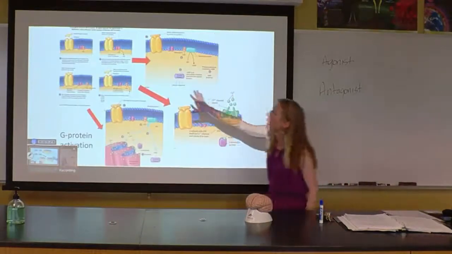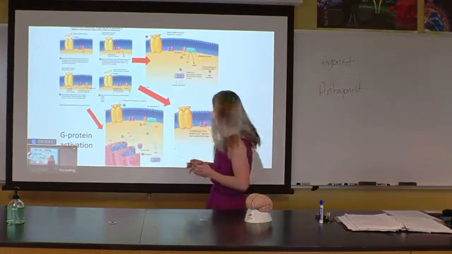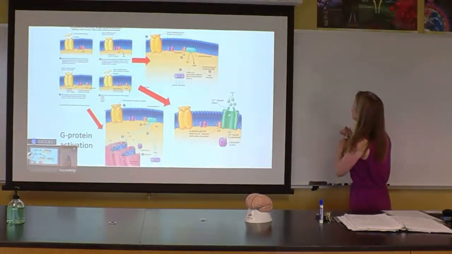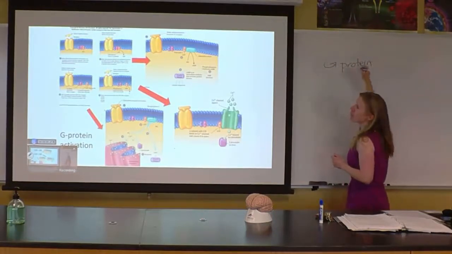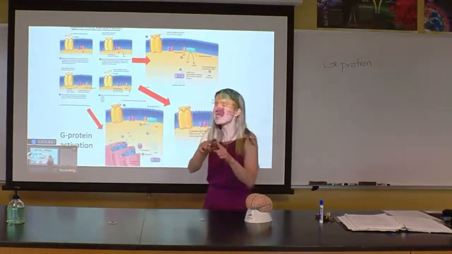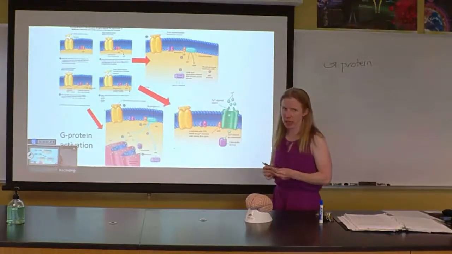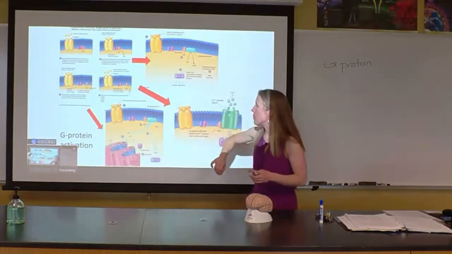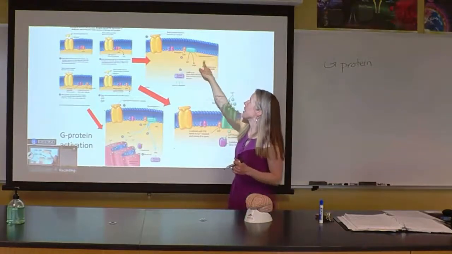So one of the things that very often happens is it's triggering off of these membrane-bound receptors. It triggers what's called a G protein. This is actually a little series of proteins, protein subunits that are embedded on the inside of the membrane. And these G proteins then can do a bunch of different things. So we've activated the G protein, and that might do something like trigger another enzyme.